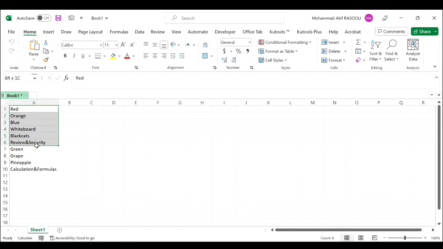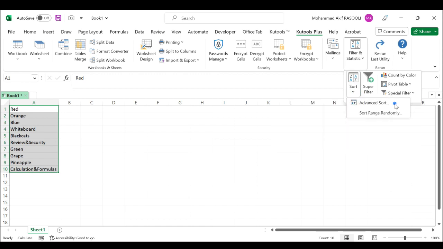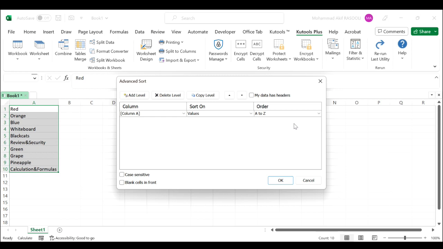Select the list you want to sort by the character length and click the Kutools Plus tab. In the filter and statistic drop group, click the drop down list and click the sort drop down list and select advanced sort. In the advanced sort dialog box, select the column your list is in